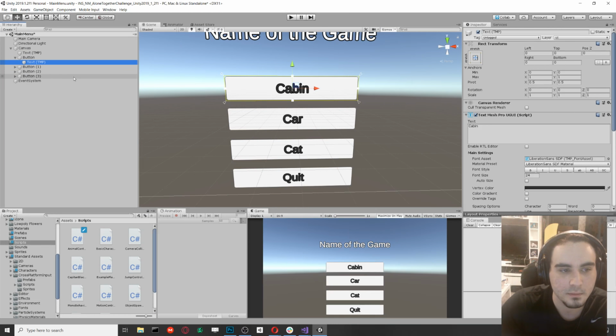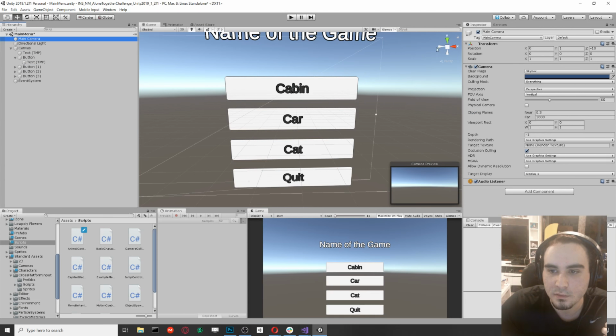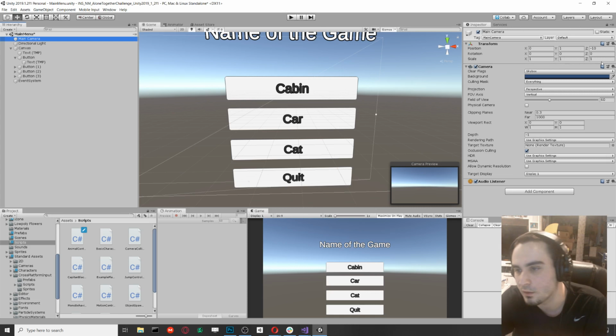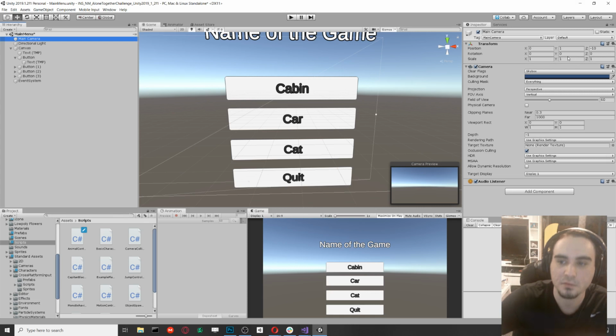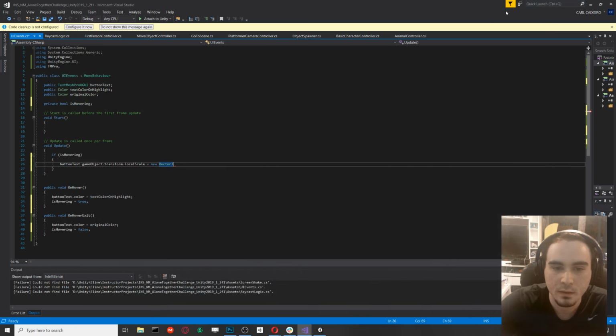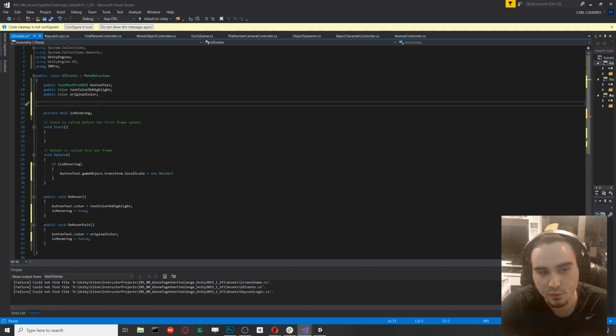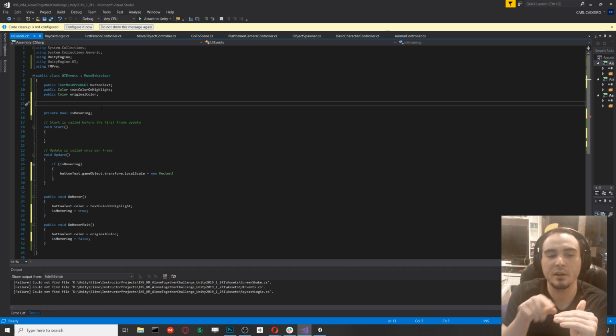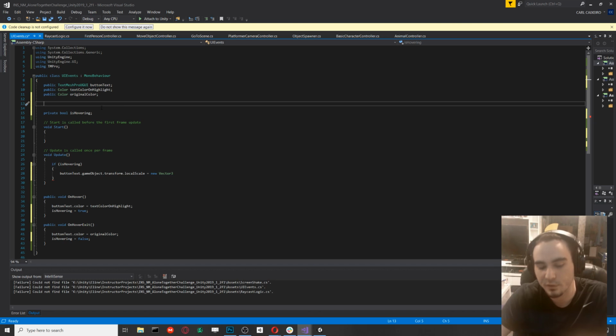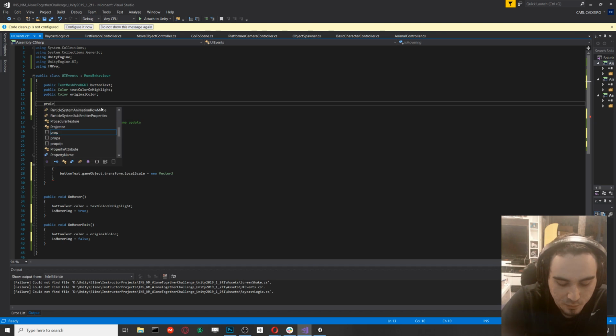If you look at scales of things, it's a Vector3, so it takes 3 arguments: the x, y, and z. That's why I'm doing a new Vector3, because we're going to change each of these. One thing I just realized, I need to store the original size of this text, so that way it has the base value, and then as the sine wave goes up and down, we just add and subtract from that original value. So we do private